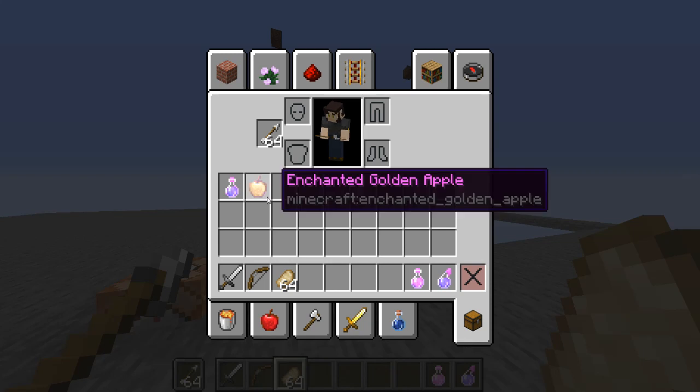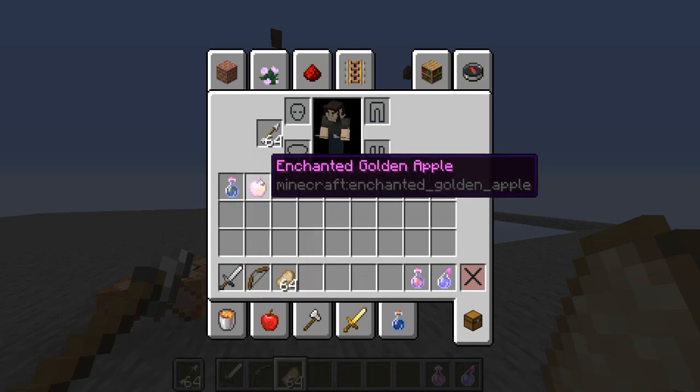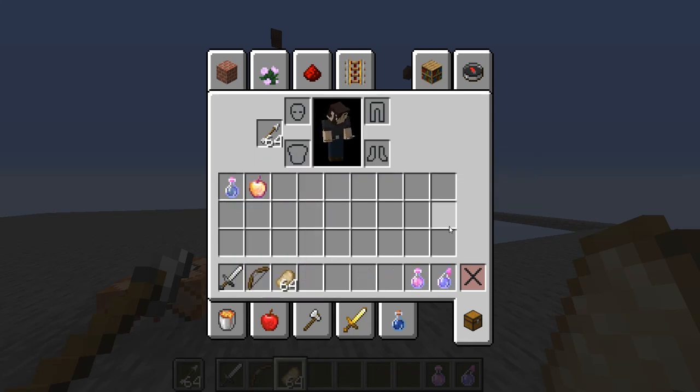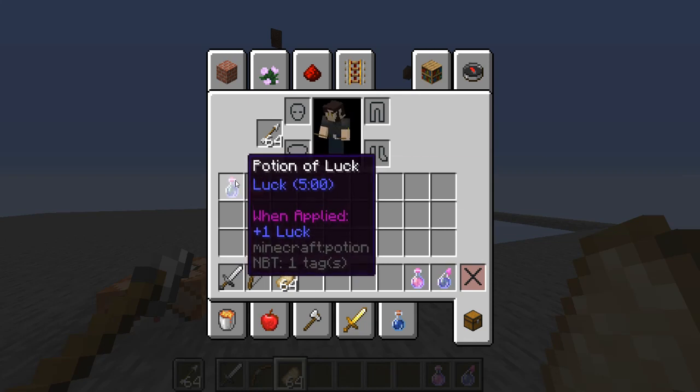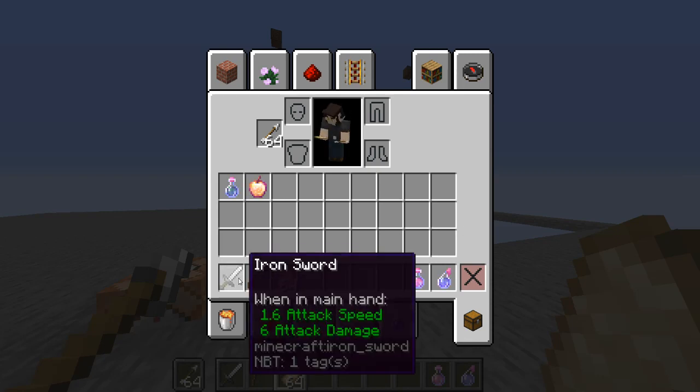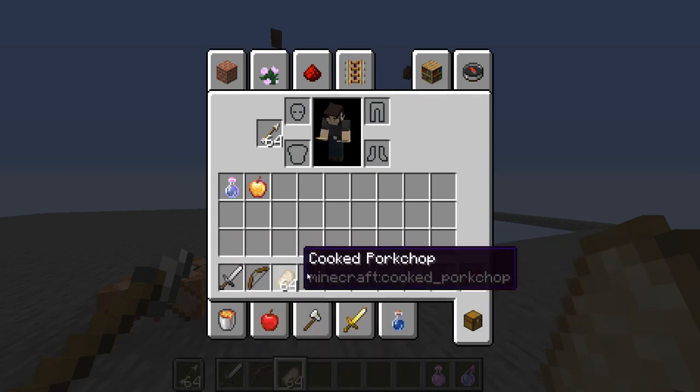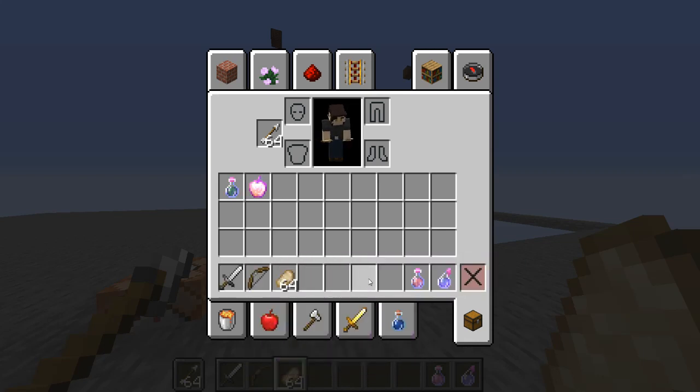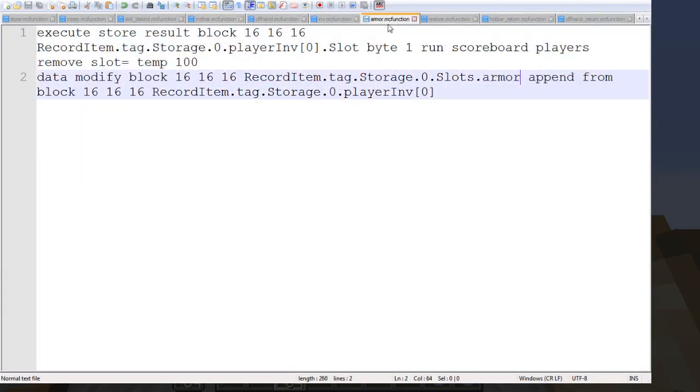So if we look at the player's inventory right here, this is slot 9, this is slot 10, this would be slot 35. So what we want is for this to be slot 0 and this to be slot 26. So what we're doing is we're removing 9 because this is 0 through 8, the first 9. For the hotbar, we do not have to change any of these values. We only have to change the inventory and the armor,